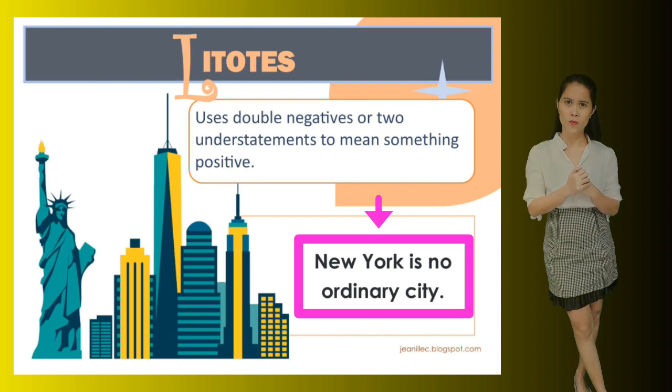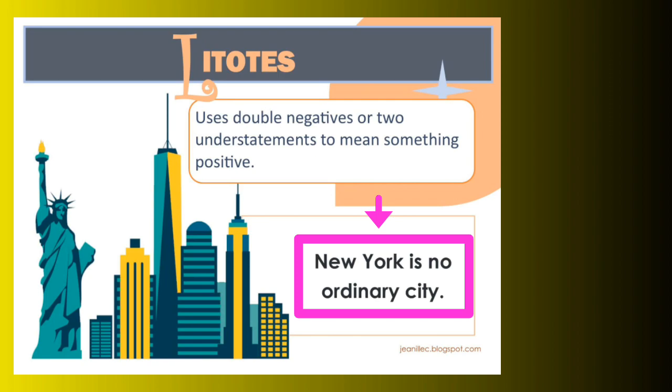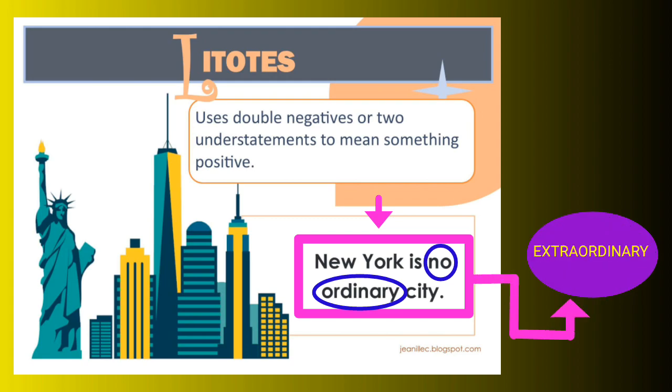In the statement, "New York is no ordinary city," the words no and ordinary are two understatements. When put together, they would mean extraordinary. Therefore, the statement means New York is an extraordinary city in plain words. Litotes actually put emphasis on one of the understatements or negative ideas to promote the superior meaning. The word ordinary is put in the limelight, paired with no, to ensure that no one would regard the city